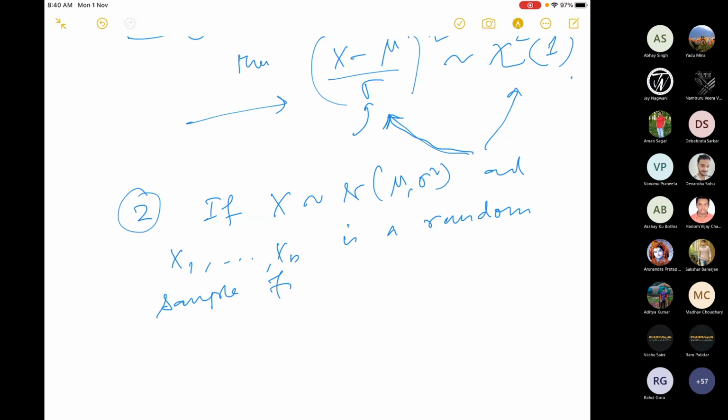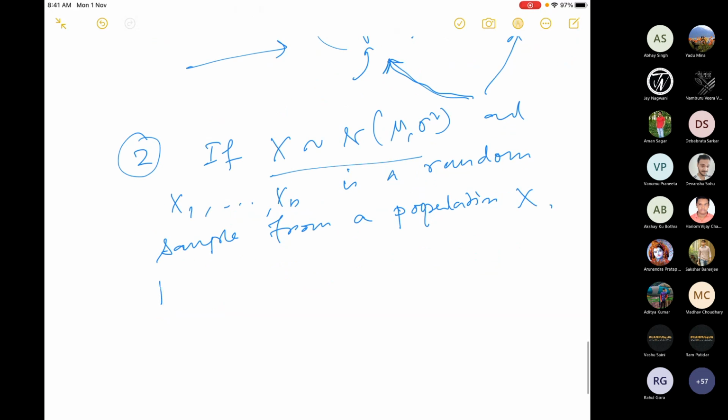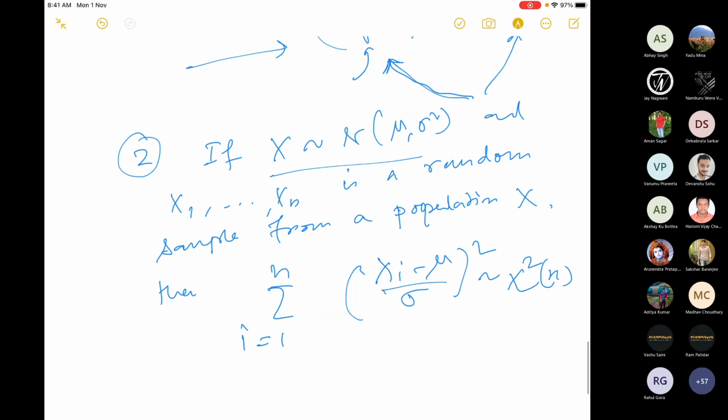Okay, from a population X, so that means the population is normal. And X1, X2, ..., Xn is the random sample. Then this also we proved before that the sum of ((Xi minus mu) by sigma) whole square, i equal to 1 to n, is chi-square n. We did not prove this in this language, but what we proved actually, that if we have sum